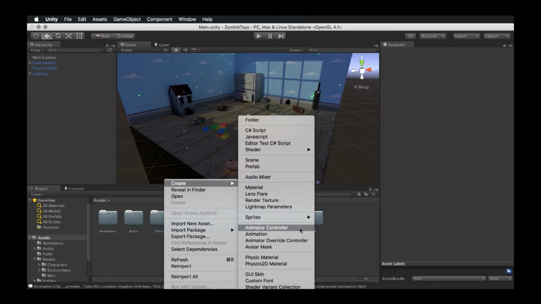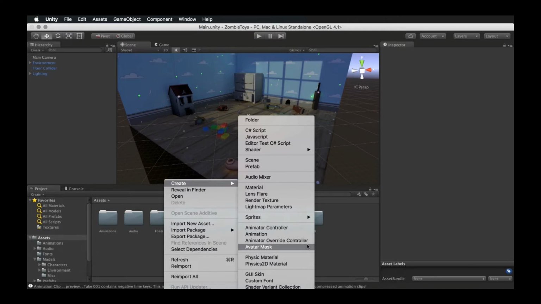The Animator controller is what will control the animations, allowing us to arrange and maintain multiple animations for a character. Animations then are different, as we've seen in Chapter 9. They actually describe in keyframes the animation of an object. We'll get to Animator override controllers later, when we start to override what an Animator controller is doing on a particular character. And an Avatar mask is something we'll use in a humanoid rig, and again is outside of the